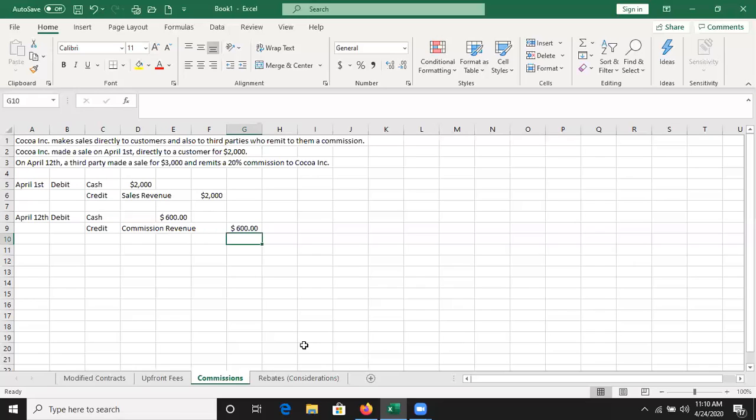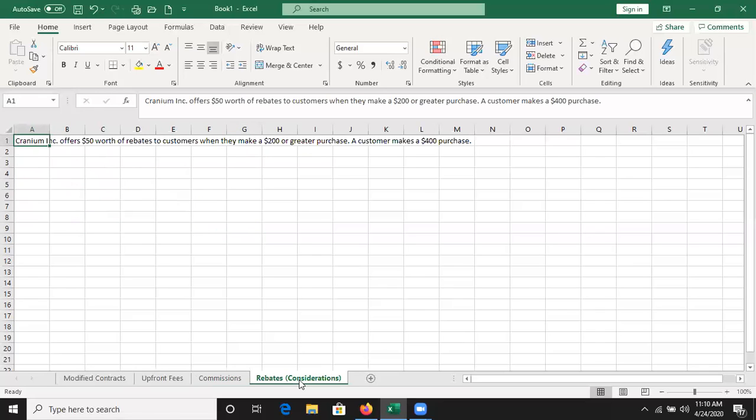Okay, it's going to be considerations that you give to a customer, which are generally rebates. So rebates. You buy something, you get like a cash rebate, but you got to submit for it, so they make you work for it. I don't really get the purpose, but I guess it's kind of a deal, and they know people are lazy, and they probably generally won't go for the rebate. But